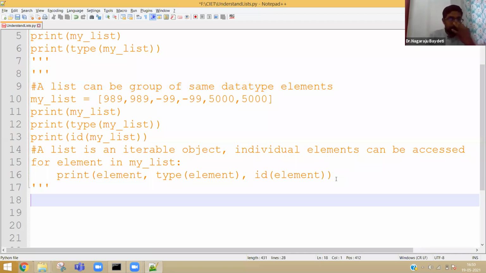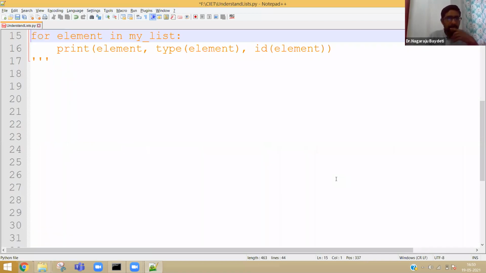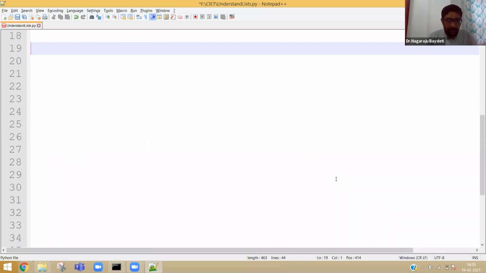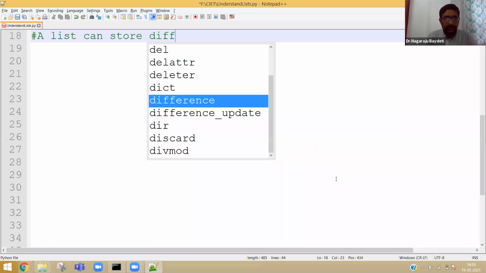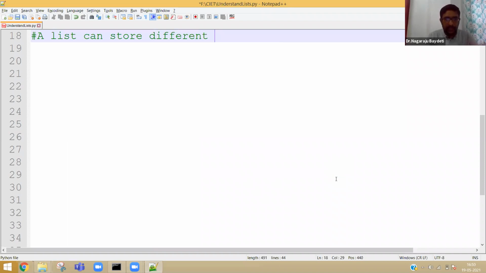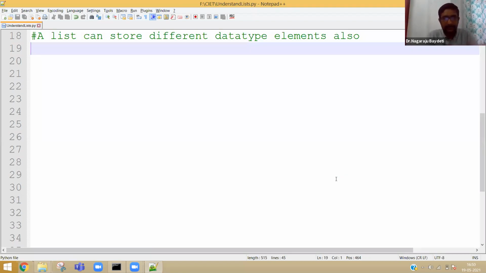So the next topic in the list is that definitely a list can store different data type elements also. So definitely it is not like an array. It is like an array only when all items are the same, but it is never.